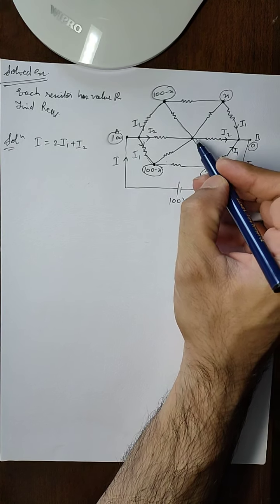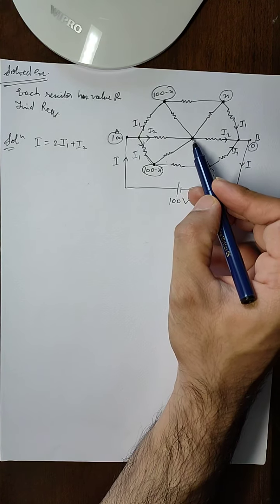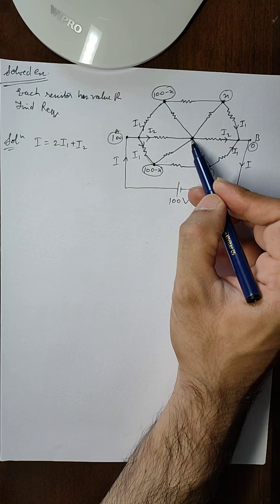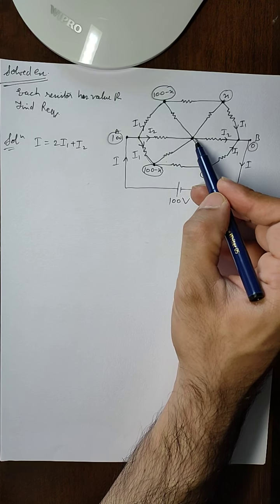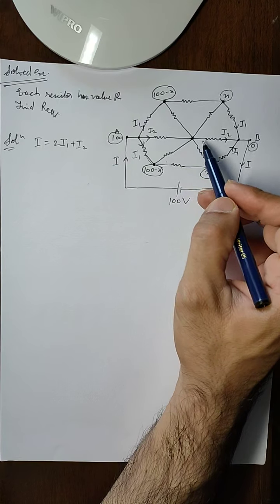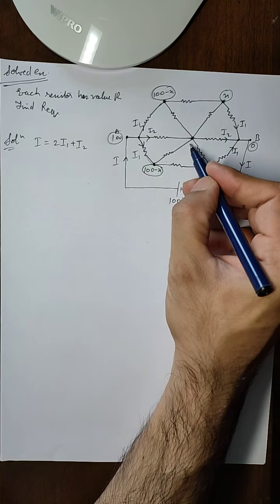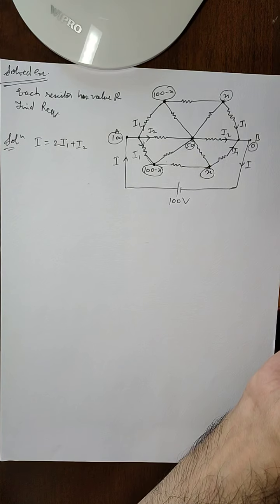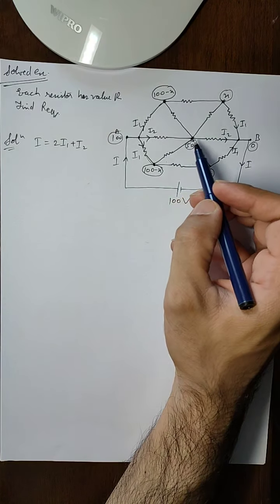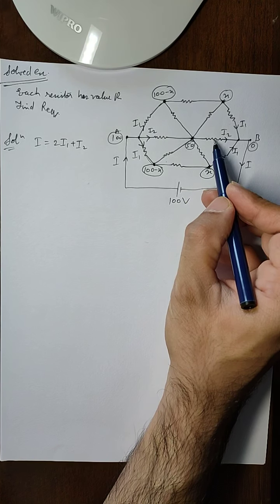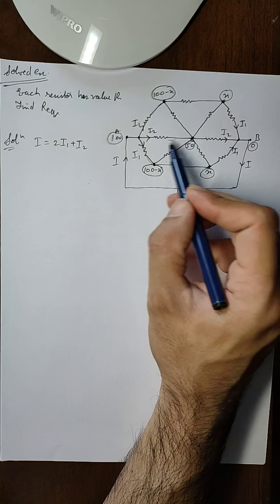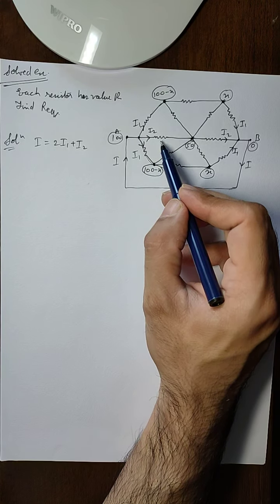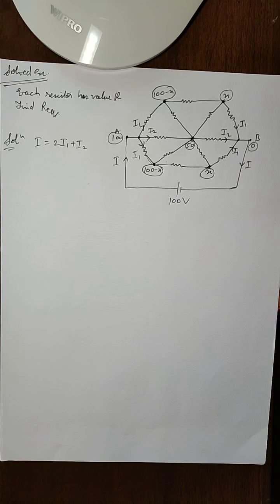Now if we apply the same concept, then the potential at this point should be such that it puts equal potential difference on these two resistors, because for this point the resistors are same on both sides. So if this is 0 and this is 100, then the only value this point can have is 50 potential, so that the potential across this resistance and the potential across this resistance is same. Here it is 50 minus 0, 50, and here it is 100 minus 50, that is equal to 50. So this is how we divide the potential. Now all that is left is to apply Kirchhoff current law.